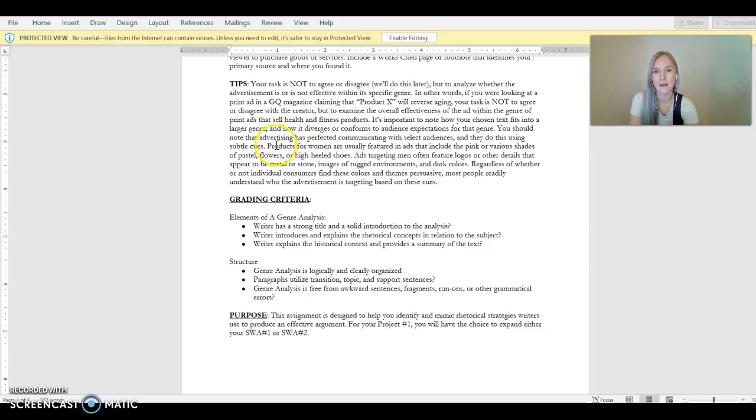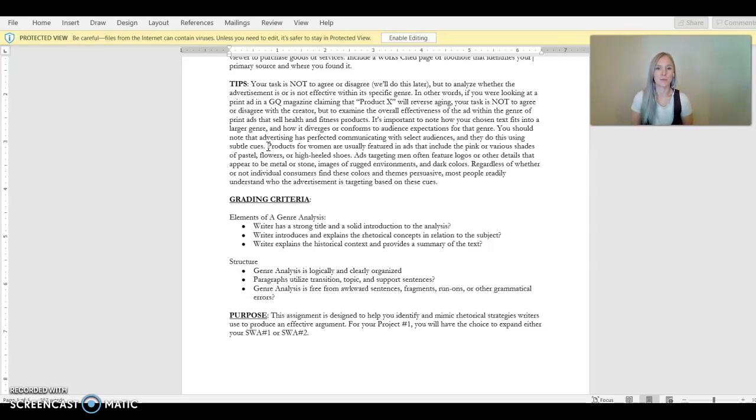I give you some examples: products for women usually feature pink, lots of pastels, flowers, high-heeled shoes, lipstick. Oftentimes now there'll be glittery stuff or rhinestones in the background. We have very clear cues like, okay, this ad is for this group of people. Even without ever saying what the ad is for, you'll probably think, this is not an ad for dudes. And it doesn't matter, because some dudes like pink, some dudes like pastel colors,